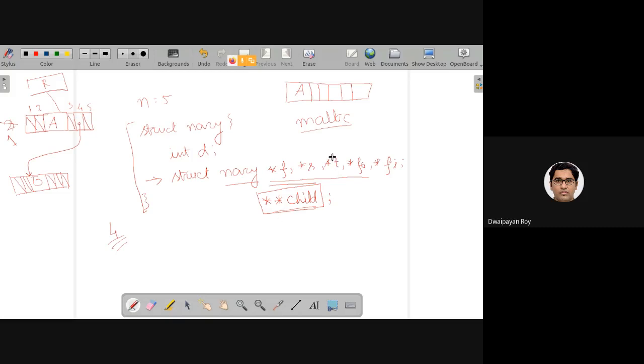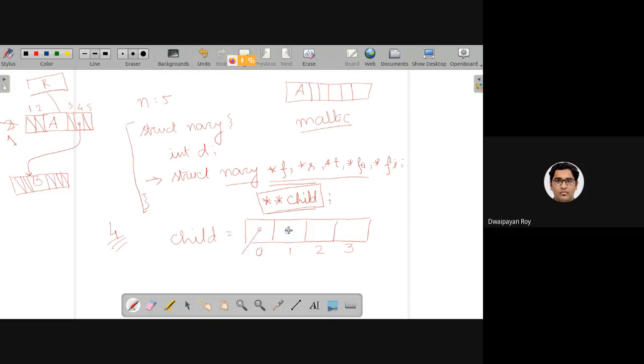So if I write this child with 4, this node will be containing 4 positions, basically 4 indices, 0, 1, 2, 3, and each of them will contain the address of the corresponding node.